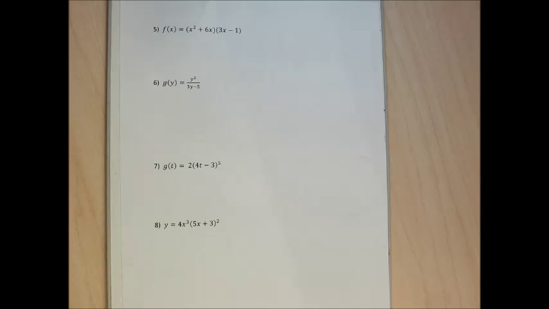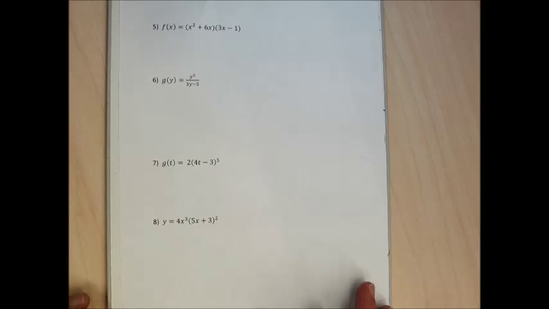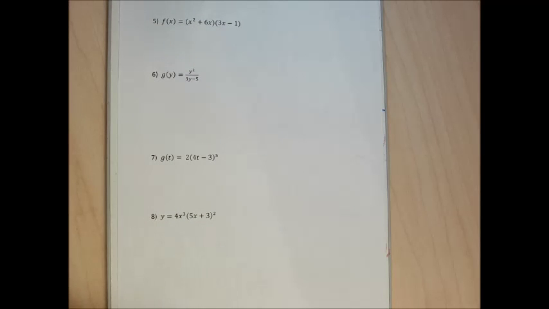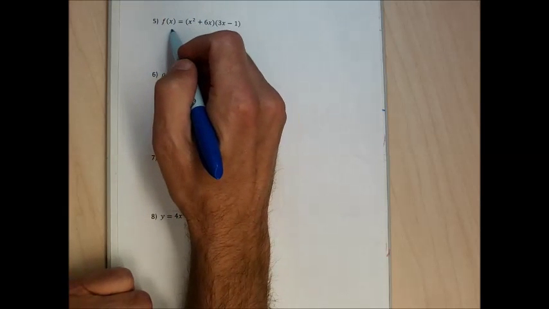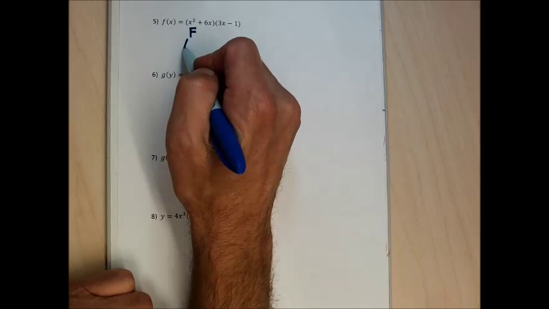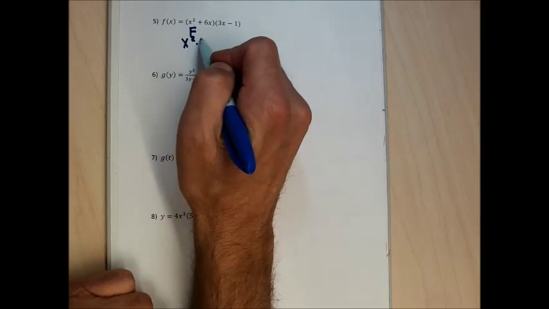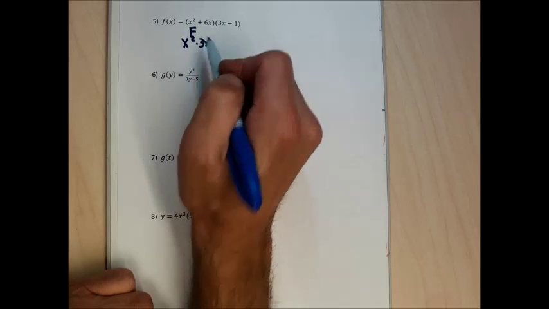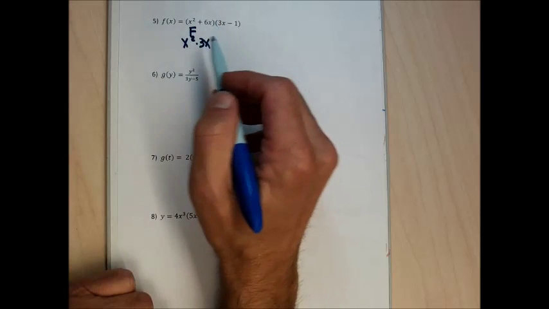For problem 5, there's multiplication, and anytime I have multiplication and both factors have an x, you absolutely can use the product rule to do the derivative. Product rule is a little bit messy, and if it's not that hard to clear the multiplication, it's probably easier to do the derivative without using the product rule. So when I do problem 5, I'm going to FOIL to rewrite the problem and take the derivative after I've done all my foiling. So firsts are x squared times 3x,